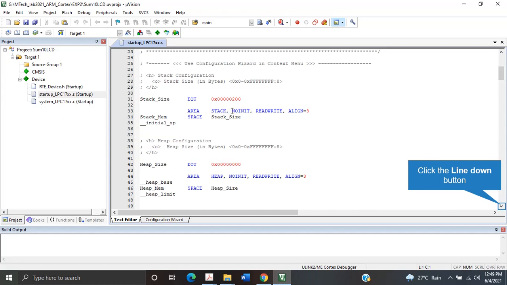So the area name is stack, and it's a no-initialization type. Here you can read and write. Alignment is normally byte aligned, word aligned, and so on.